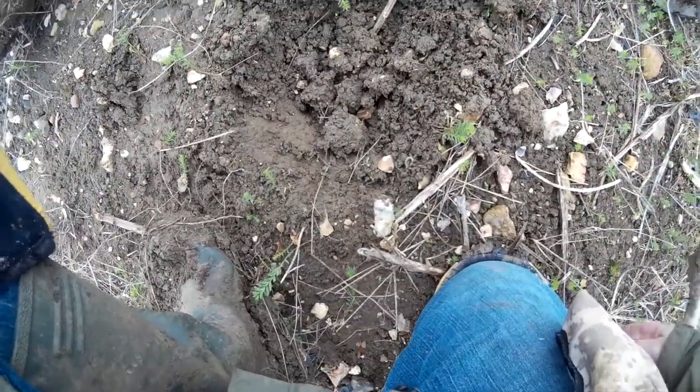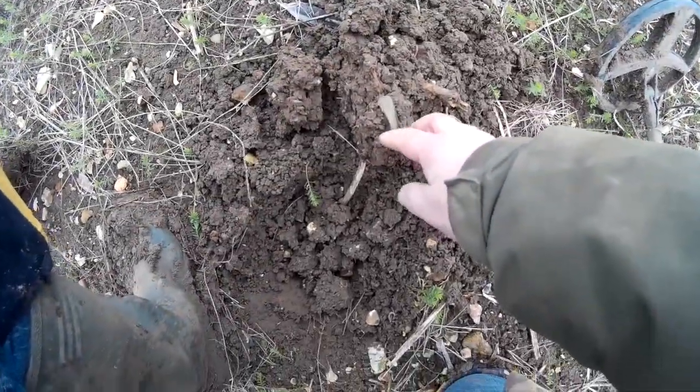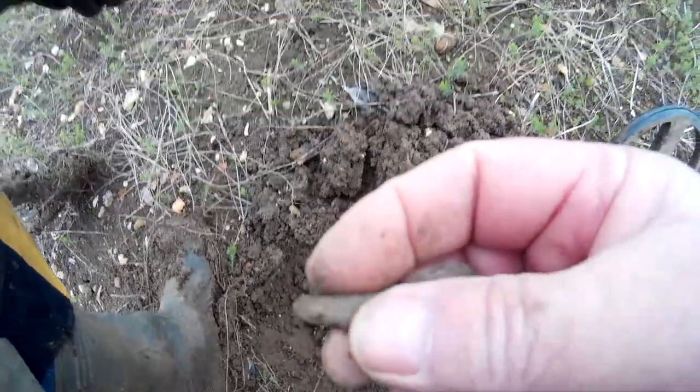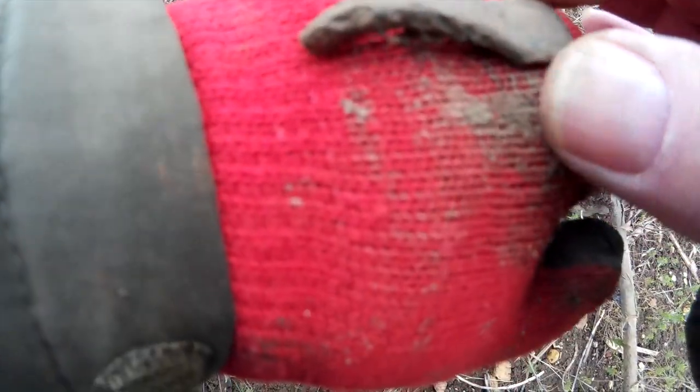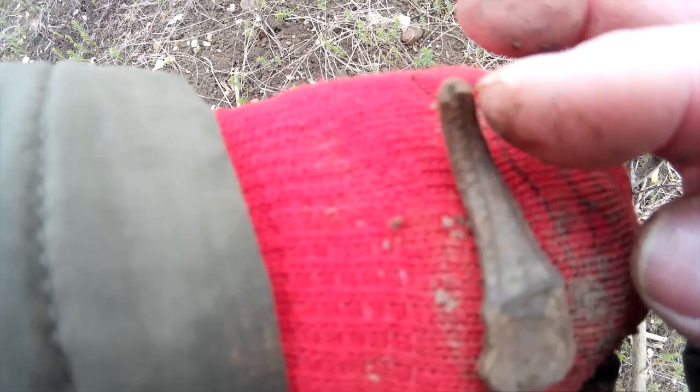Terrific signal here, just about 3-4 inches down, and then up pops this little artifact. I would love to think that this is a part of a Roman brooch. I really would. It's very old, and you can see the workings there. Whether this curve here should be there or it's been bent, but either that or it's a bit of a spoon. A medieval spoon. I don't know, we'll give it a whirl when I get back anyway, but it's got nice